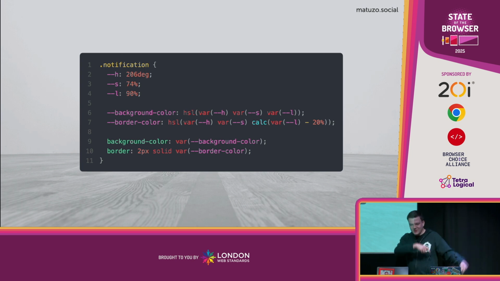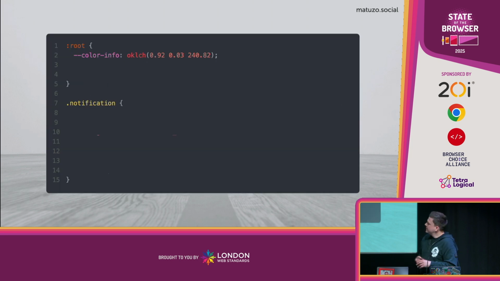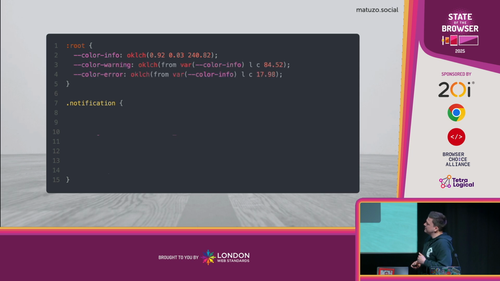So if we go back to my very first example, the notification component, if we wanted to write that with the relative color syntax, we have to think differently. We have to challenge the way we approach CSS a little bit. And that's what I like a lot about many of the new things that we have in CSS now. It challenges us to completely change the way we approach CSS compared to how we used to. So here's how I did it. Maybe there are better ways, but first I define a base color. This is the blue color for this default state of my component. And then I say, based on that color, give me two variations. So I'm reusing the lightness and the chroma, and I'm only changing the hue